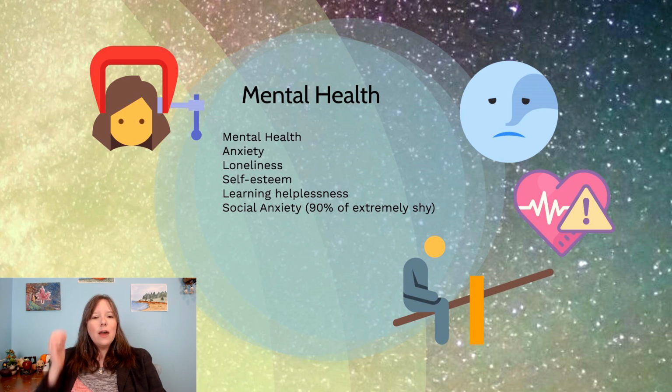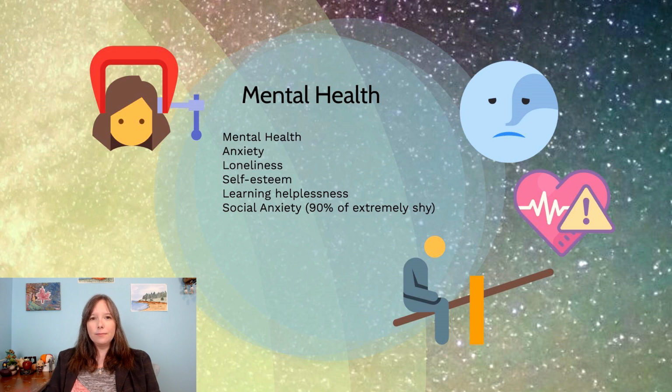We also know that it can put us at risk for depression, which should be on this slide. So anxiety and depression, and we also know it can put us at risk for learned helplessness. Let's imagine it took a lot of energy and a lot of bravery and courage to go up to a child on the playground and ask to be friends, and they turn you down. The child may not be willing to do that a second time, and they may instead assume they'll never make friends. And so because of this, we find that shyness is a very important risk factor for a lot of these internalizing anxiety and depression markers in mental health.